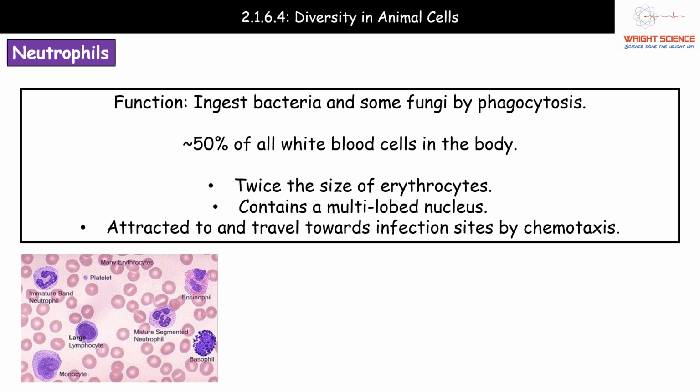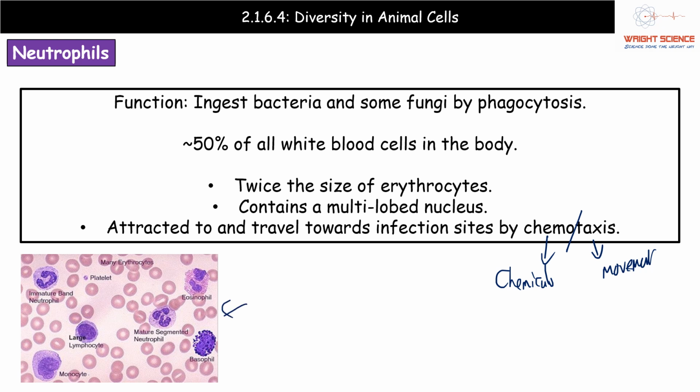the pictures. And the key thing about these is they're going to use a process called chemotaxis to actually move towards those sites of infection. So chemotaxis, if we break that word down, chemo is all to do with our chemicals and taxis is all to do with movement. So basically what we're seeing here is movement as the result of a chemical towards an infection site. Now, what we've got in the little bottom left corner here is a typical blood smear under a